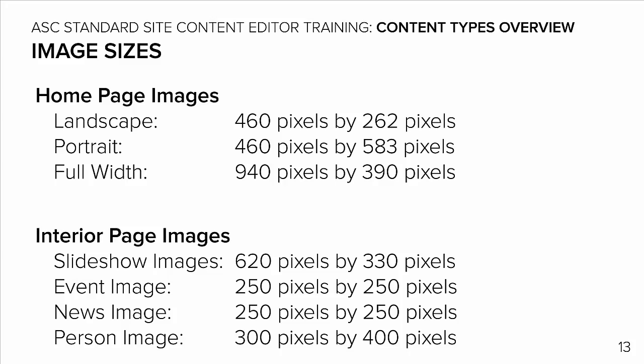On the interior pages, the slideshow images are 620 pixels by 330 pixels. The required event and news images are 250 pixels square, and the person images are 300 by 400 pixels.